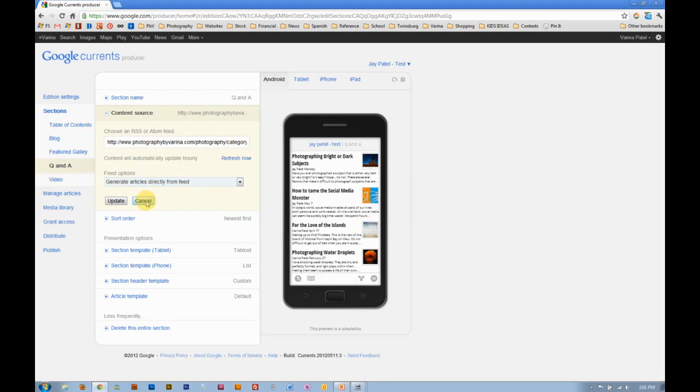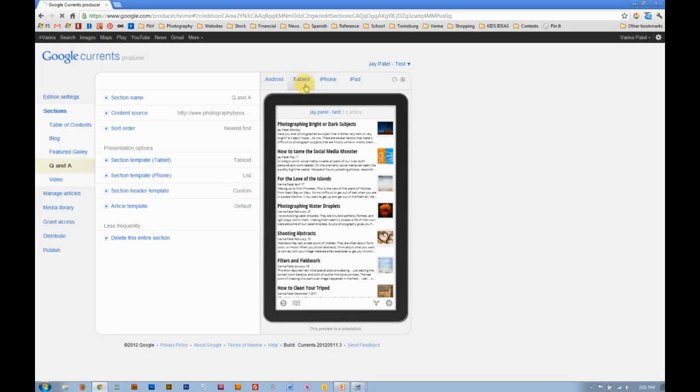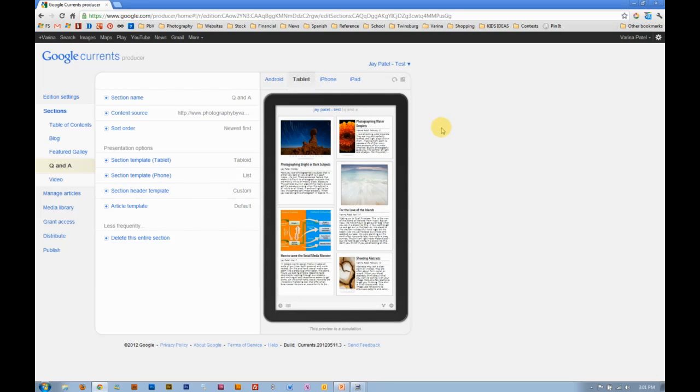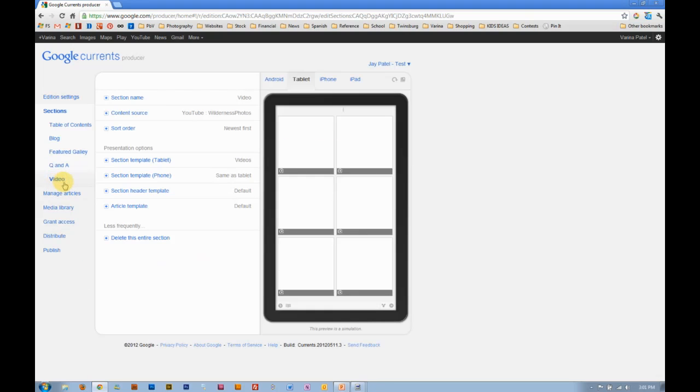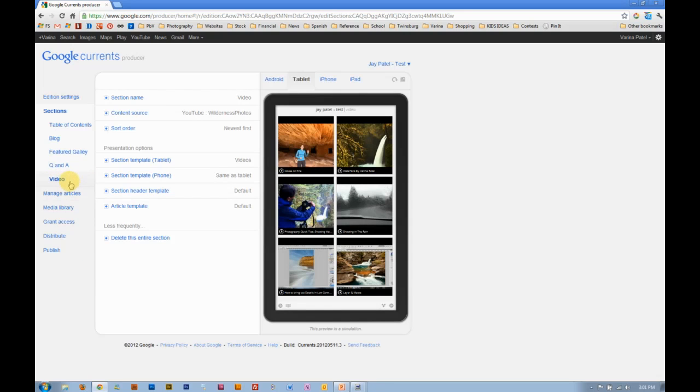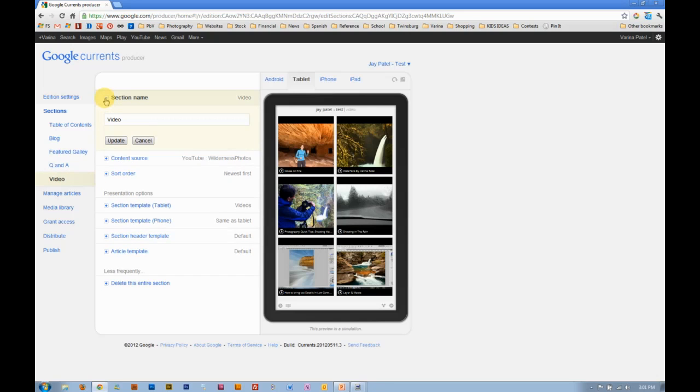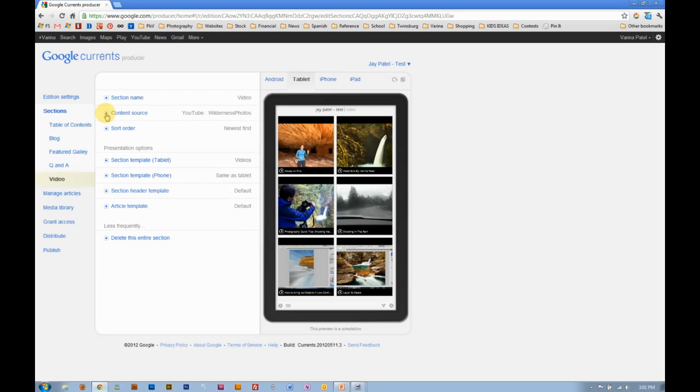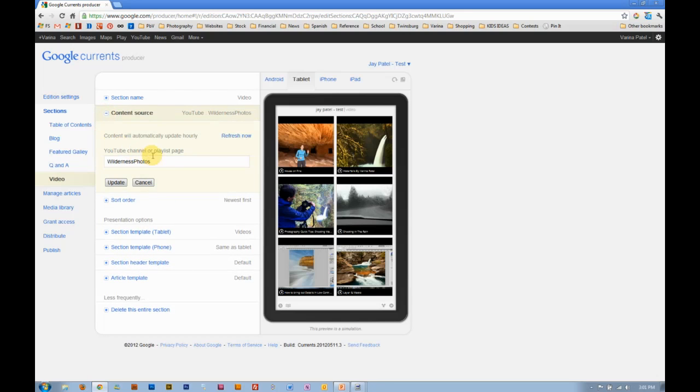of your magazines. One last thing that I do want to show you guys is that you can also have videos showing up on mobile devices, which is really cool. So the way you do video is, again, you go create a new section, give it a name, and then in terms of content source, you can actually pull a YouTube channel or a playlist page that you have